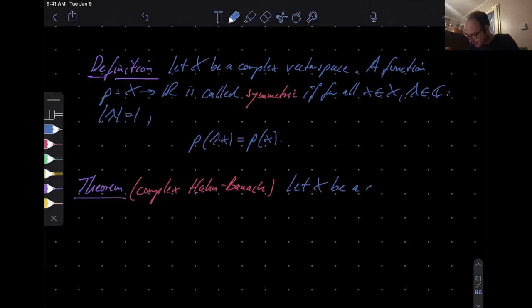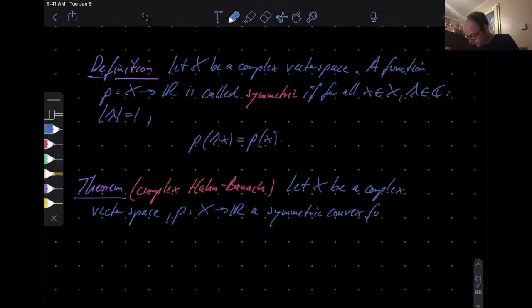Let X be a complex vector space, P a symmetric convex function, Y in X a complex subspace,